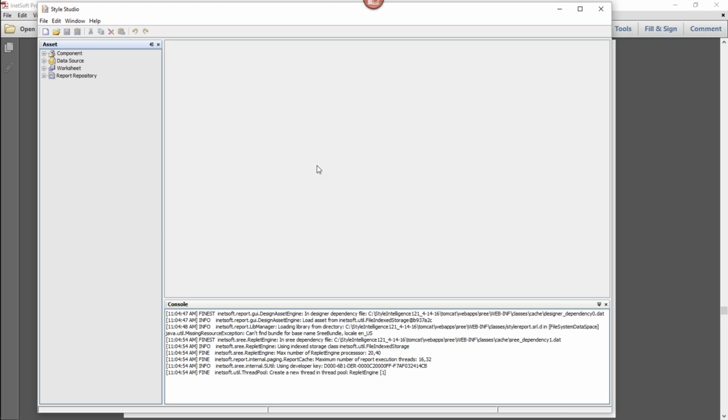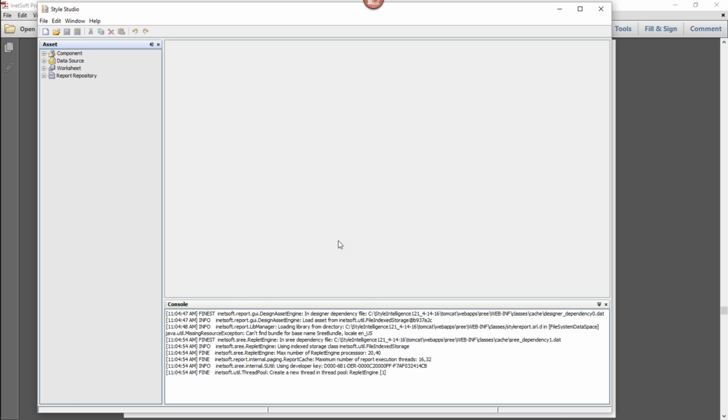Now, one thing I should mention is that the plan is in the next version of our software, there actually will be also a web-based report design tool, which we've had in previous versions, and then kind of took a little bit of an intermission from providing that tool. But hopefully in the next version of the software there will also be a web-based report design tool. But this is the desktop. This is the full-fledged desktop report design tool.